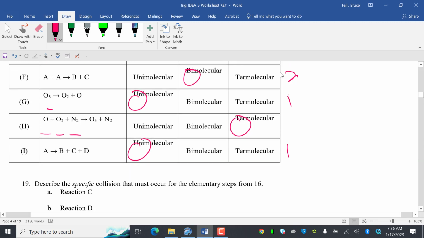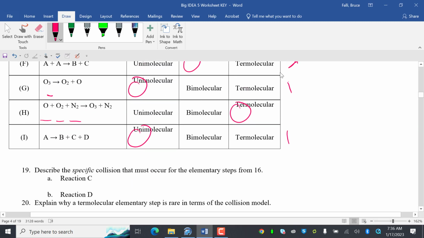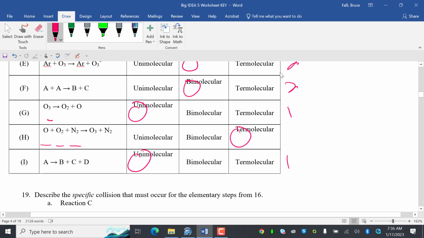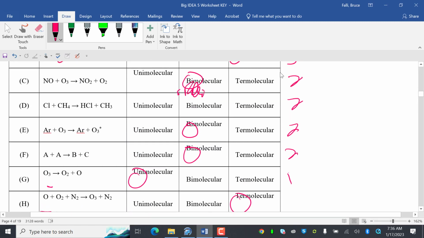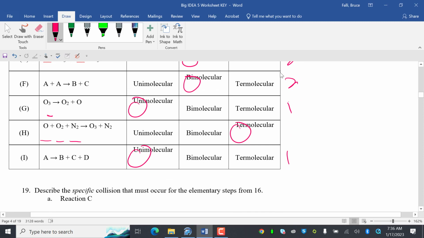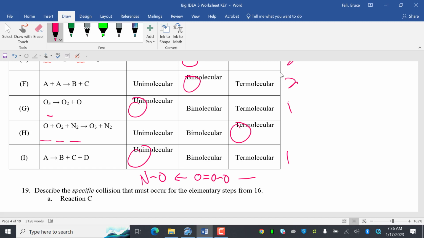So my answer key looks all kinds of shifted, but I think you can figure out what happened here. Okay, so for C, I think we're looking at how do we collide those specific structures. So I have NO, which I'll pretend is a double bond. And then we're going to have, ramming into that, ozone. You can see what will happen is it will just grab this guy right here. Probably not the double bond on that side. I do know ozone has a double bond, so we'll grab it this way,